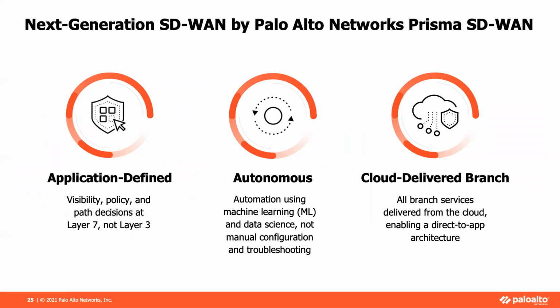You may have your traditional MPLS links and lease links, but now you can use business ISP providers. You can use consumer ones. You can use 3G, 4G, 5G, and we can automate the idea of what path to use for